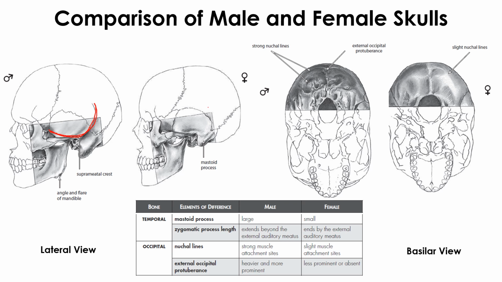It's not there in the females. The mastoid process is very less prominent here, but it is very prominent in nature here. And the angle is flared, as we have already seen. Angle is flared means this is the shape. If you are viewing it from the frontal side, it will be like this, giving a sideways look. For females it will be something like this, a round shape chin. This is the difference between male and female mandible.